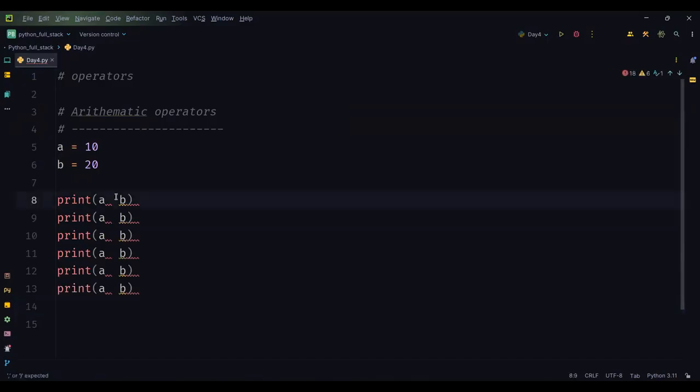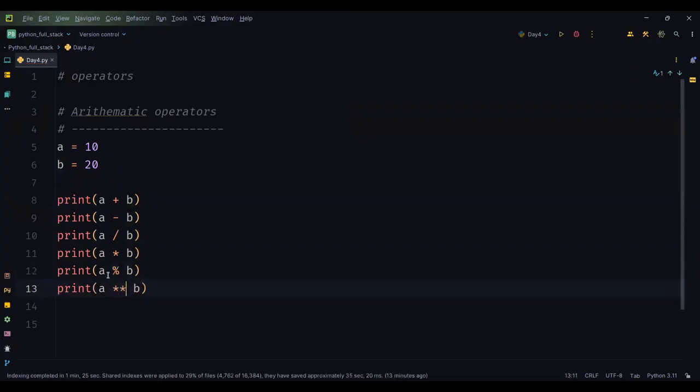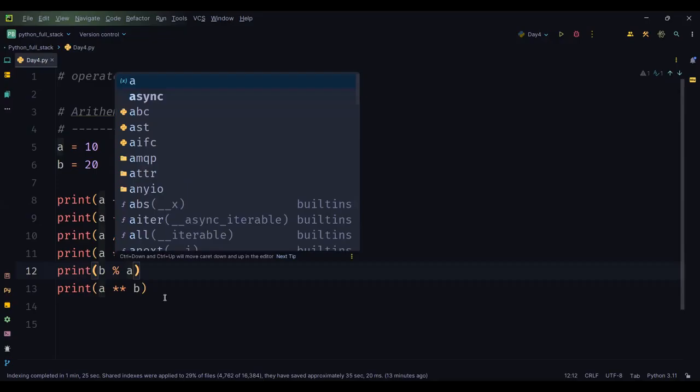So here I'll write plus, minus, divide by, multiplication, modulus, exponent. When it comes to modulus, I have to write the greatest number on the left side,